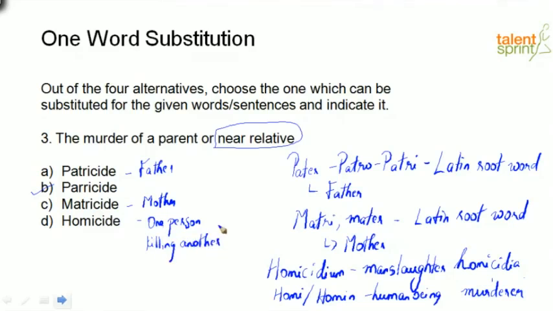So, having looked at all of these options, I can safely go ahead and say option B is parricide because I can't choose any of the other three options, which are not including near relative. Yeah, so this is one way of approaching a particular question type in one-word substitutions, right? Looking at all the other options and understanding what meaning those words are bringing to the context. And the context is the murder of a parent or near relative. So I need to include all of my keywords, which is not only parent, also the relative.